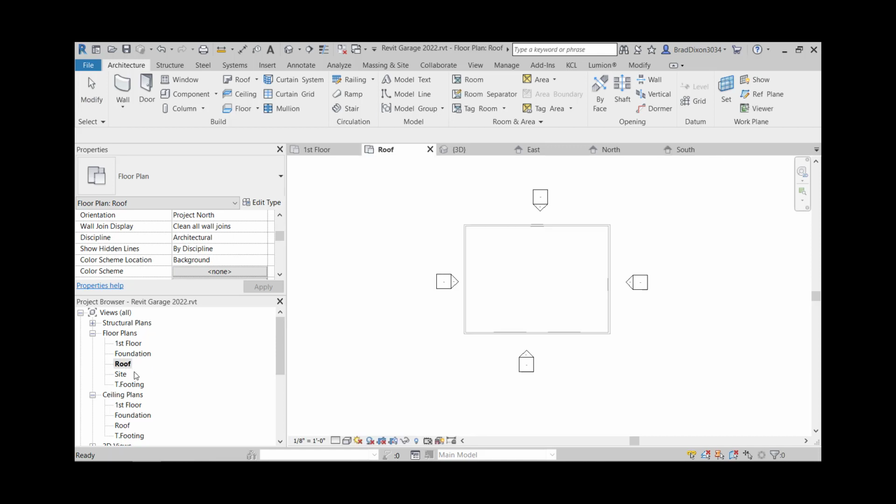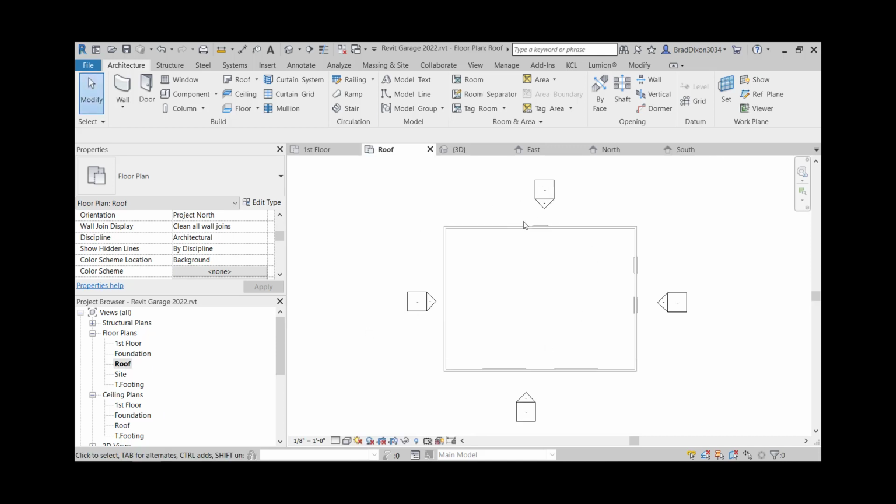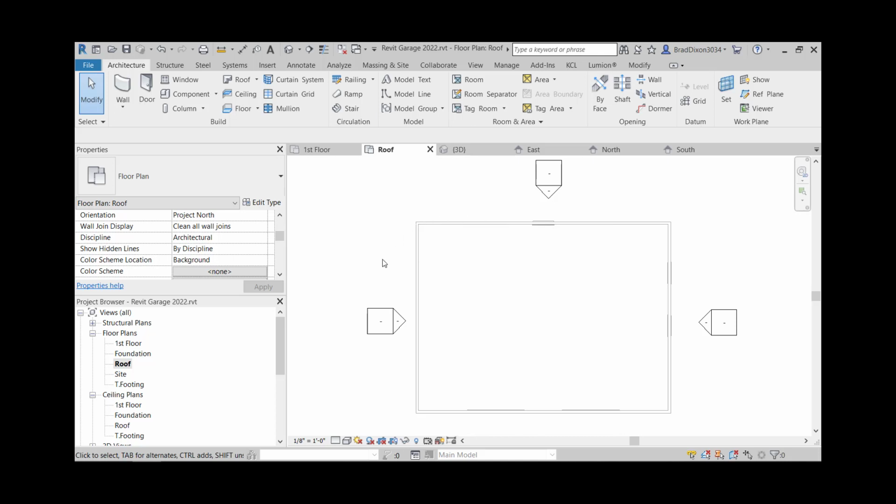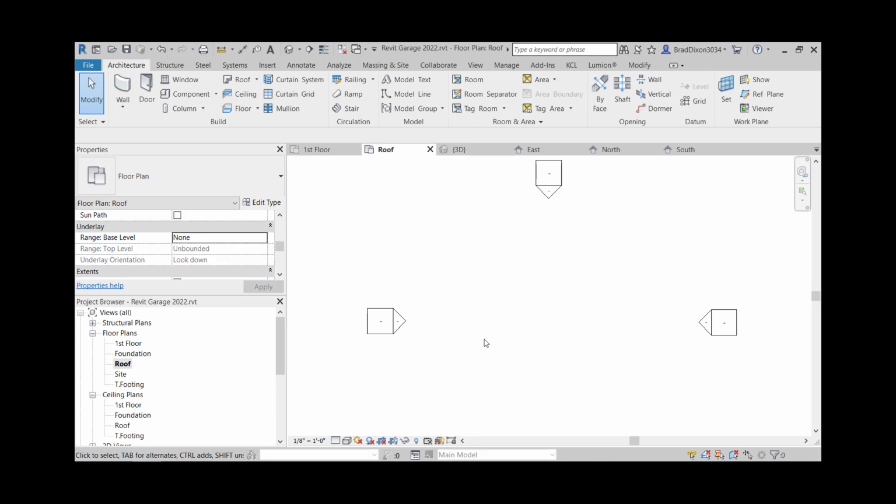First thing I'm going to do is go to my roof plan, and you can see the roof below, or the walls below, and that is basically going to be an underlay over here in your view properties. It says underlay, and the base level is first floor. So if I would turn that off or have none, I'm not going to be able to see anything. So the roof is cutting, that roof plane is cutting way above where the walls would be, so you wouldn't actually see them. I'll show you a little bit more of that whenever we set up our actual roof plan. So I'm just going to turn that underlay back on,